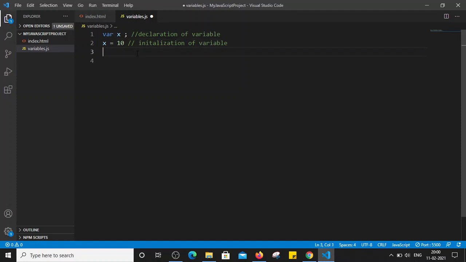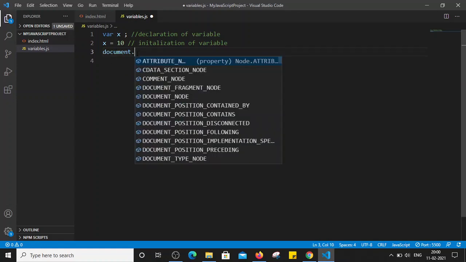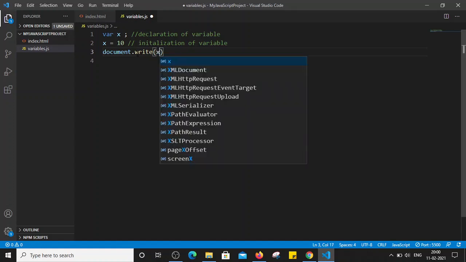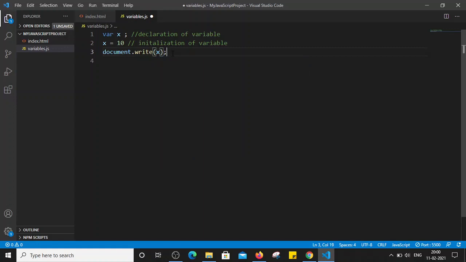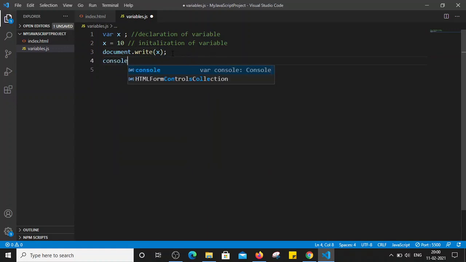So I am going to print the value of x. First let's use document.write. I think in the last lecture we saw that document.write prints the value on our web page, and console.log prints the value on the console window of the web browser. So here I am printing x with document.write on the web page, and let's print the same with console.log as well, console.log x, right?